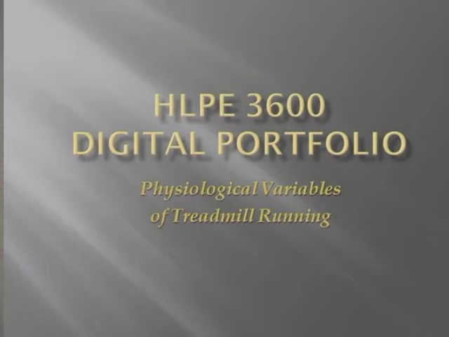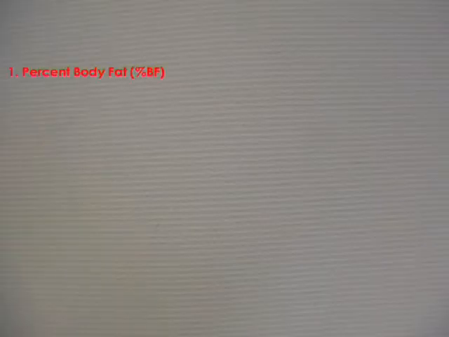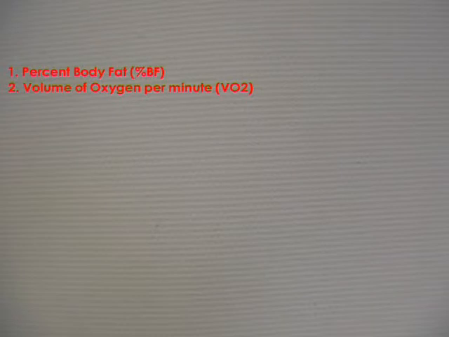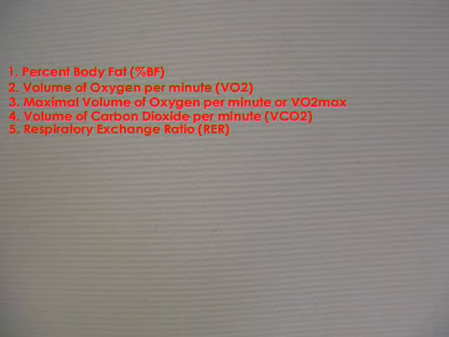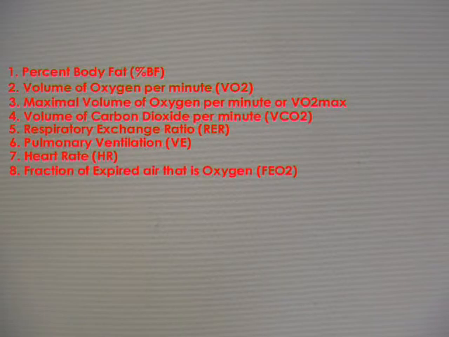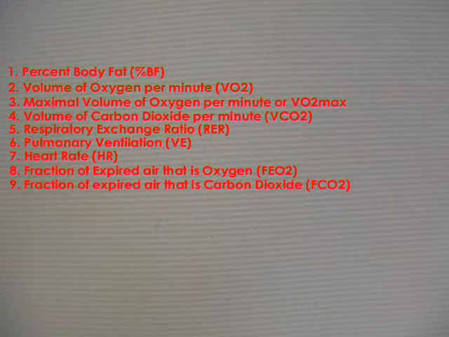There are a number of physiological variables that influence athletic performance. These include, but are not limited to, percent body fat, volume of oxygen per minute or VO2, maximal volume of oxygen per minute or VO2 max, volume of carbon dioxide per minute or VCO2, the respiratory exchange ratio or RER, pulmonary ventilation or VE, heart rate or HR, fraction of expired air that is oxygen or FeO2, fraction of expired air that is carbon dioxide or FCO2,